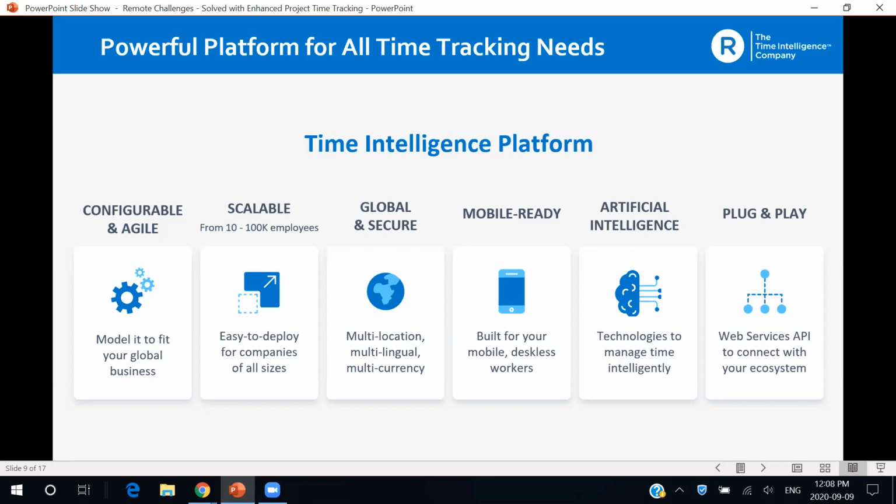And finally, we are an open source API, which means we are plug and play with your whole ecosystem. So regardless of what information you need to feed into Replicon, or you need Replicon to feed into your other programs, albeit it's going to be mostly time data from Replicon, you can do that easily. We have so many out-of-the-box connectors for different programs, and if not, we can build one for you. So whatever you have going on in your organization program-wise, Replicon plays well and will find a home within your